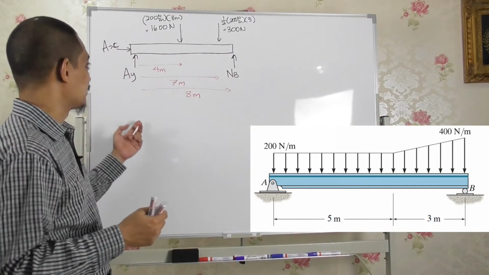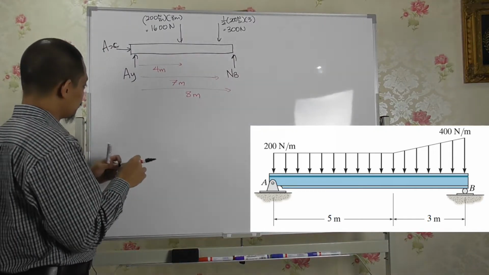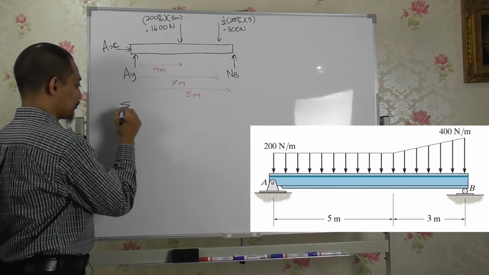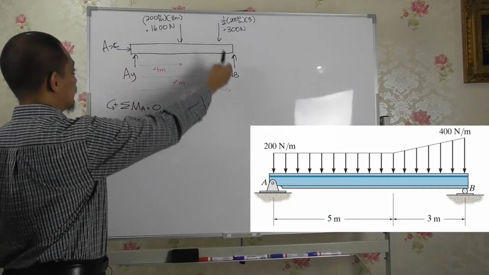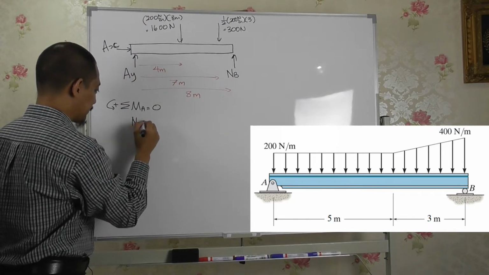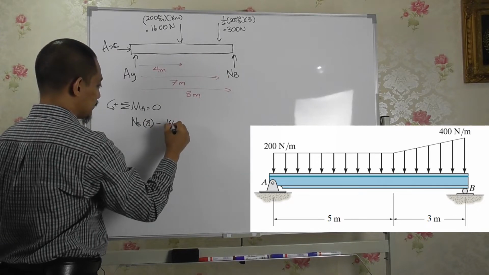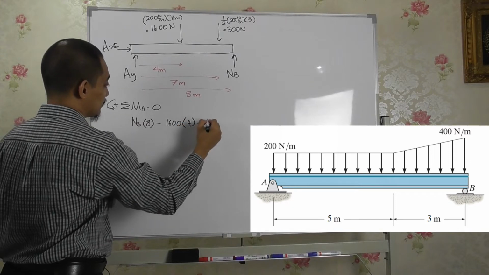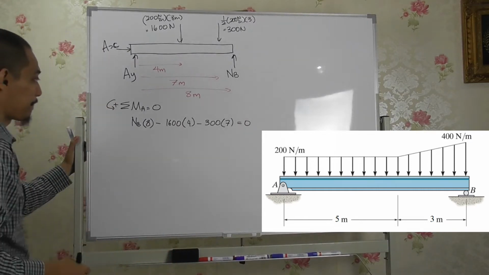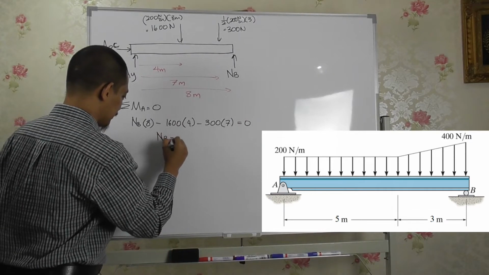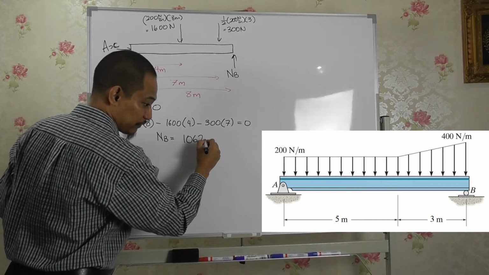Next, after establishing the free body diagram, you will solve using the equations of equilibrium. So as usual, the easiest way to start is taking moment, summation of moment about point A is 0 if you take counterclockwise positive. So again, this NB is counterclockwise, so you have NB times a distance of 8, and then this is clockwise, so minus 1600 times distance of 4 minus 300 times distance of 7. It should be equal to 0, right? From here, NB can be calculated to be 1062.5